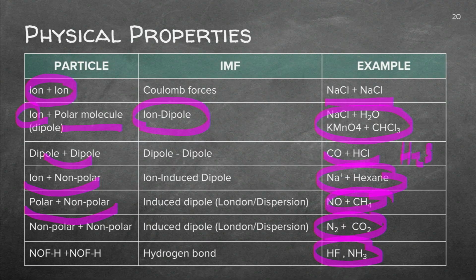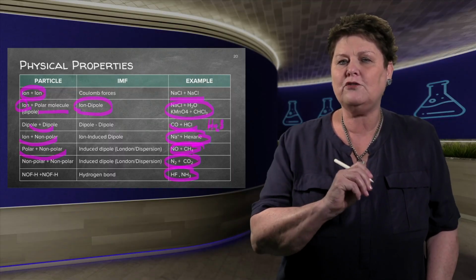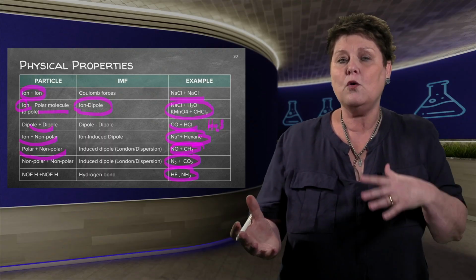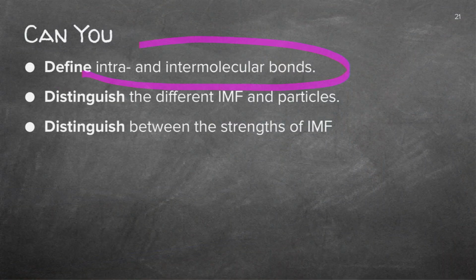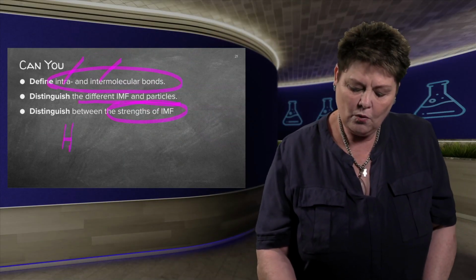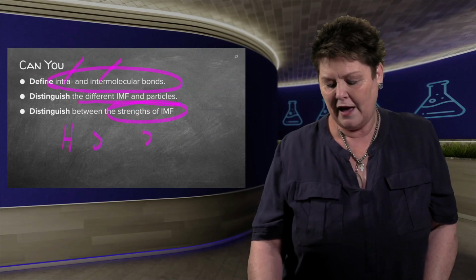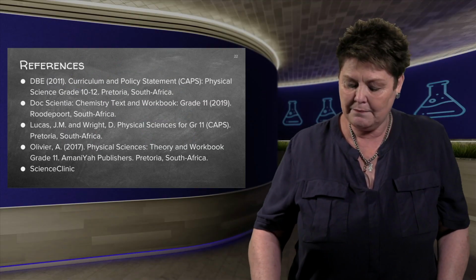Have a look at these, try them, take a pen and see if you can draw what will be the difference in electronegativity, which side is positive, which side is negative, and which ones will attract each other. You have to know the difference between inside a molecule, and between molecules. You have to distinguish the difference between a hydrogen bond and a dipole, for instance. And you need to know the strength, which we just did. Remember, hydrogen will have the strongest bond, and then you have to know your sequence. The more you work with this, the better you will remember and be able to apply.